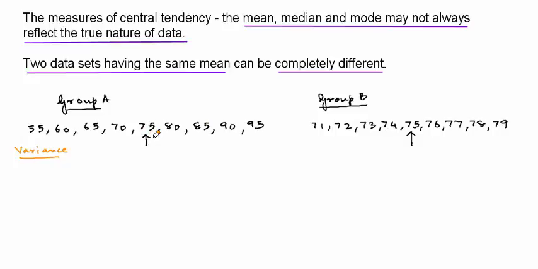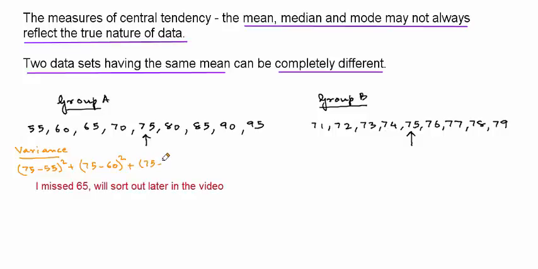When the numbers are equally spaced, the mean has to be right in the middle. If not, you just need to do one extra step to find the mean. But we are going to assume that we have done that step, and it's safe to say that the mean is 75. So to find the variance, we are going to subtract each of these numbers from the mean. So we do 75 minus 55, square that, plus 75 minus 60, square of that, plus 75 minus 70, square of that, plus